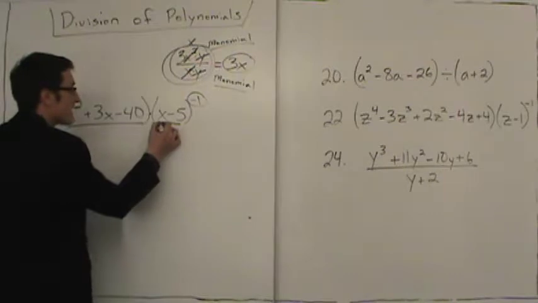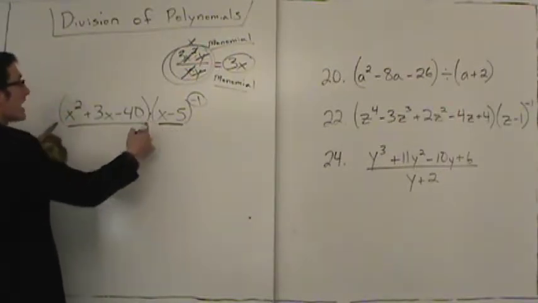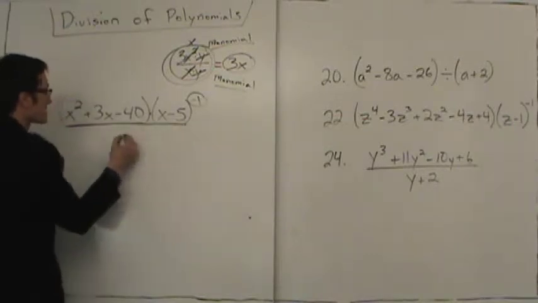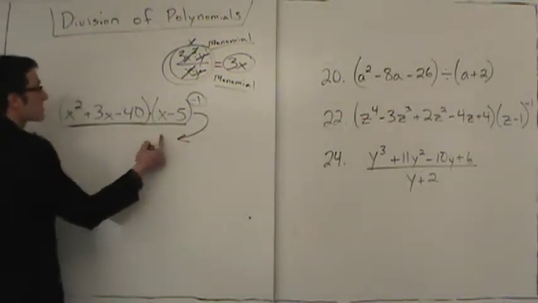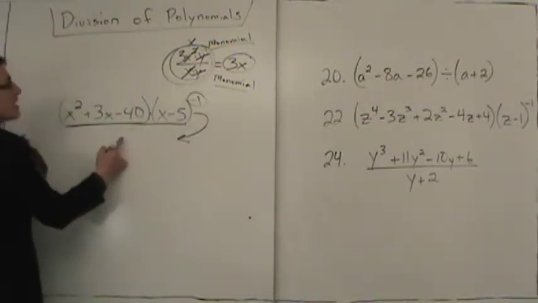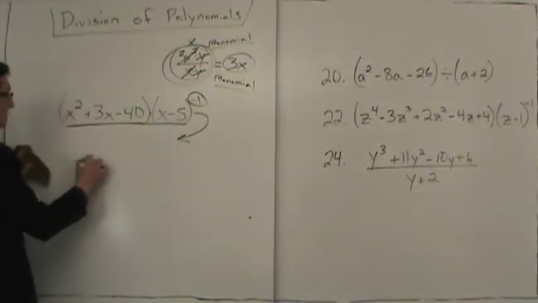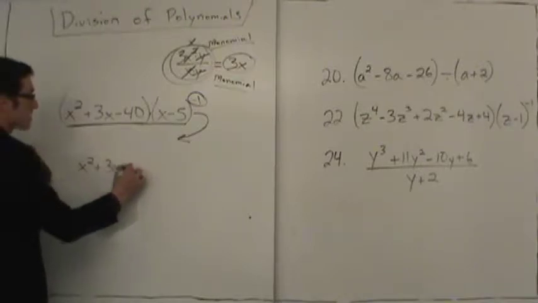And in reminding you, negative exponents mean move from numerator to denominator, or move from the top to the bottom. So we're going to take this unit x minus 5, and you have to see that this x minus 5 moves where? This x minus 5 moves to the bottom. So the x minus 5 becomes x minus 5 on the bottom with a positive 1 exponent. So here we have x squared plus 3x minus 40